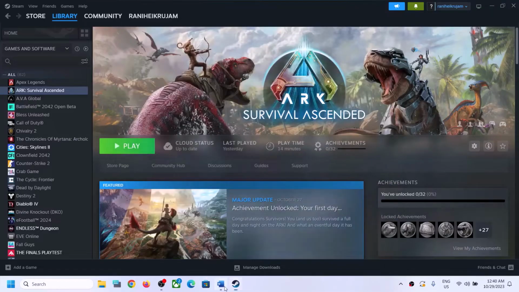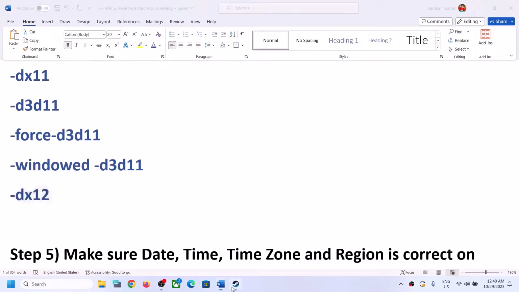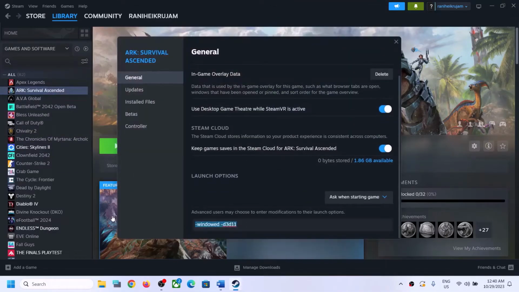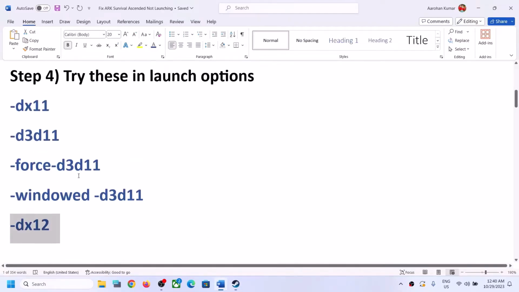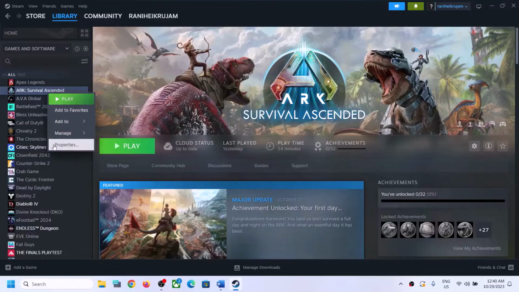The last one is dx12. If that does not work, you can make a right click and then type in -dx12 and then launch the game and then check. Now if nothing is working, in that case make a right click and then select properties, uncheck,